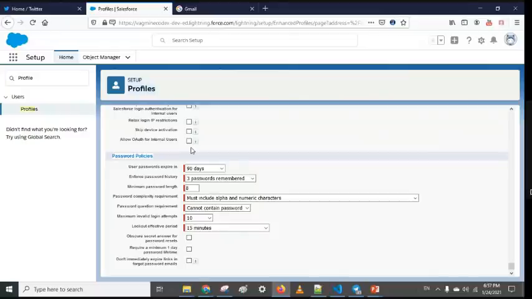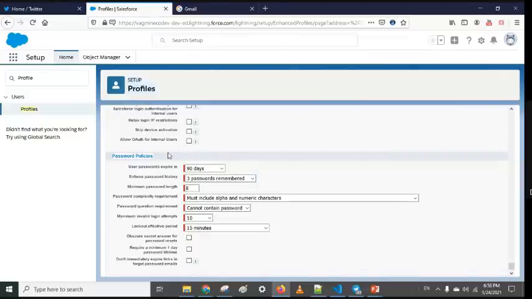Just take an example. I am a user, and I am the administrator. I have created two users, and for both users, by default, our system creates some random password and sends it by email. But after login, if they are not changing it and the same password is there, of course anybody can guess that password and enter into the system. They can even delete your data. So password restriction and password policy is very important for every organization.